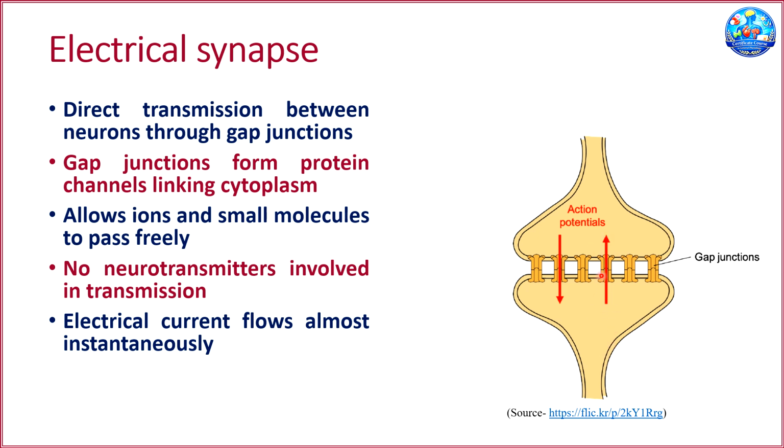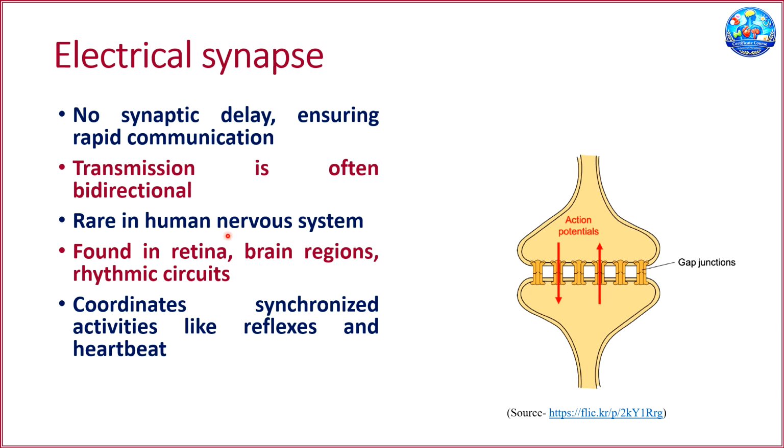As a result, the electric current flow also occurs instantaneously from the presynaptic cell to the postsynaptic cell without the involvement of any neurotransmitters. So this type of transmission is extremely rapid and it does not involve any synaptic delay, making it highly efficient for quick response. These electrical synapses are often bidirectional, meaning that the impulses can travel in both directions